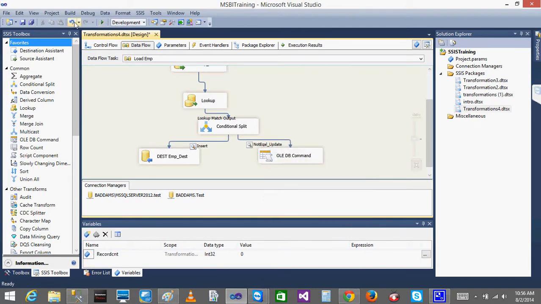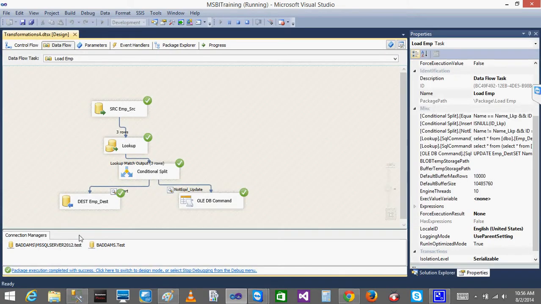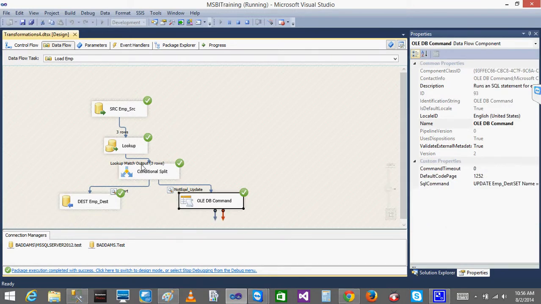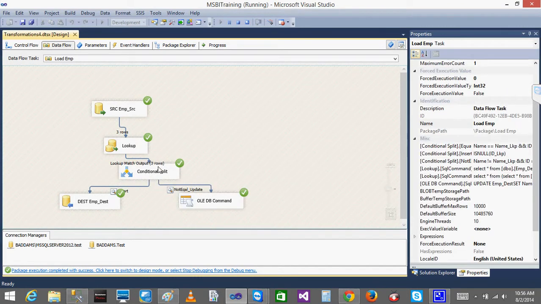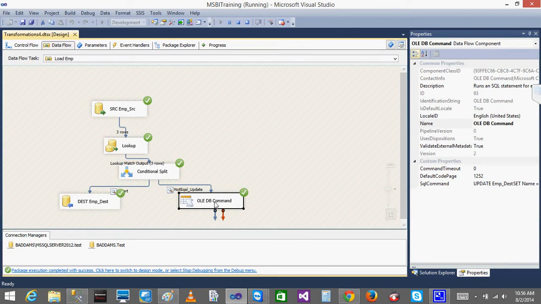Now see, when I run this, even though previously when I saw all the three records getting into the update, now, since none of the records is changed, you didn't get that record into update. You only got three records into the condition split, see here 3 rows, but you can't see any rows here and you can't see any rows here, because the records are not updated, okay.